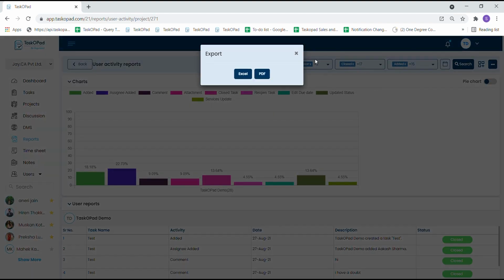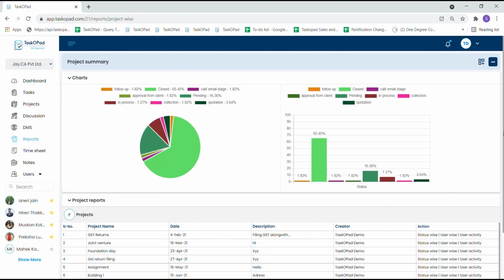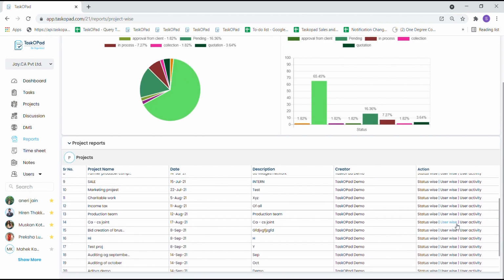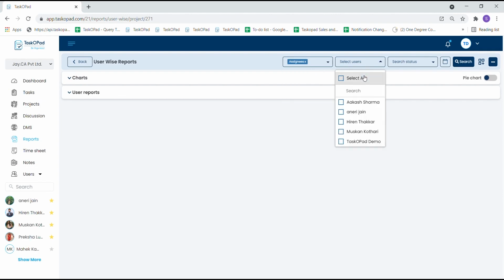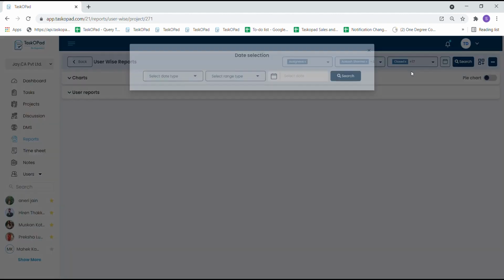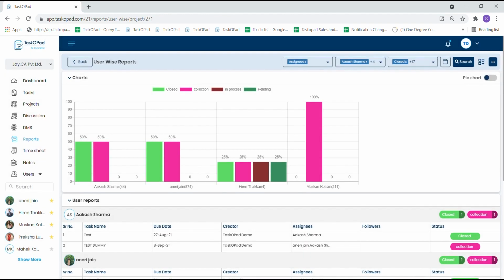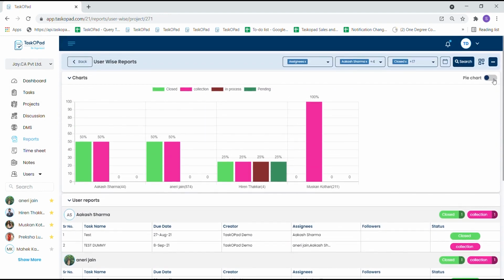Let's go back. Let's generate the same report of the same project with the user-wise report. As mentioned, you can select all the parameters for whom you want to generate, and the data will appear like this with bar graph and pie chart.